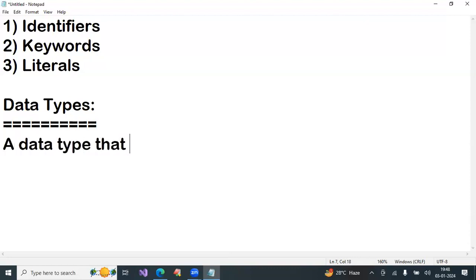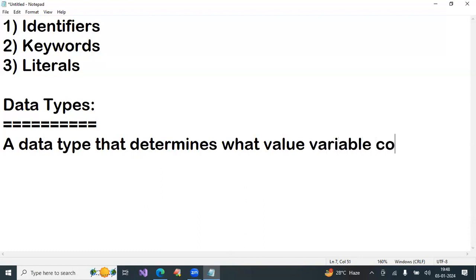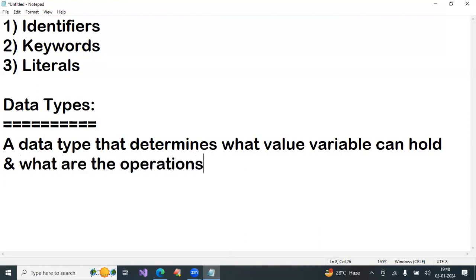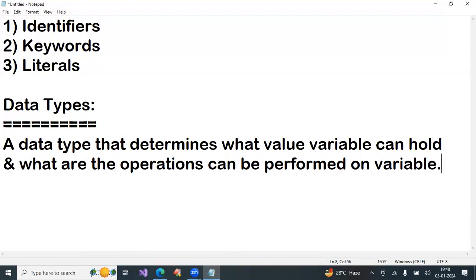A data type determines what value a variable can hold and what operations can be performed on the variable. I'll explain. Just write the definition.